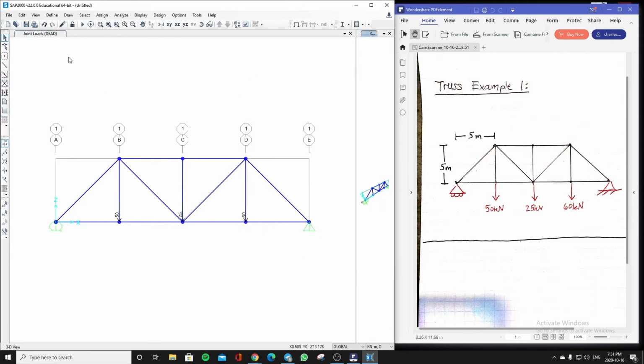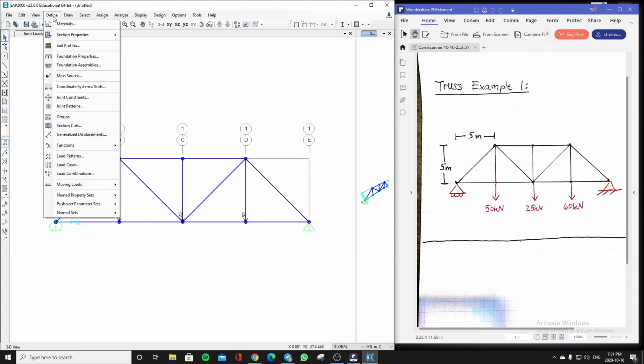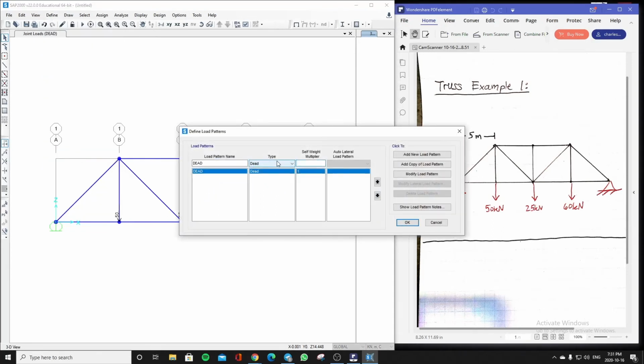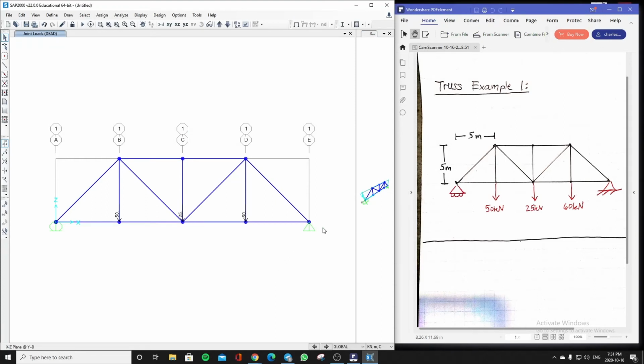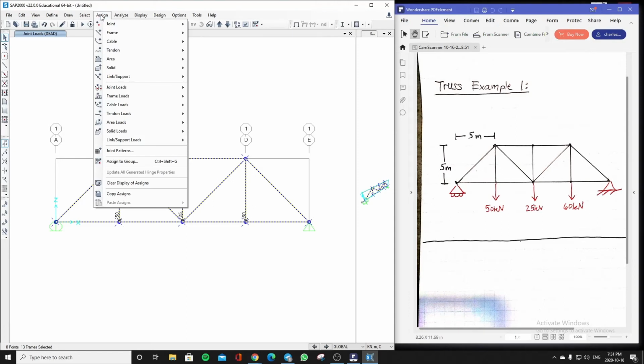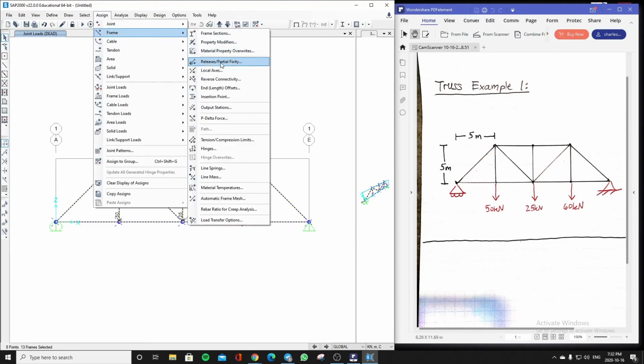Perfect, we're almost there. Another thing about many truss examples is we don't consider the weight of the truss members itself. So load patterns, self-weight multiplier is 0. Hit modify load pattern. There it changes it to 0. Perfect. And then the last thing we want to do is that SAP2000 assumes that the truss member that we built is a frame. So what we want to do is make it separate truss members, and we'll do that by highlighting the entire truss, assign, frame, partial fixity,